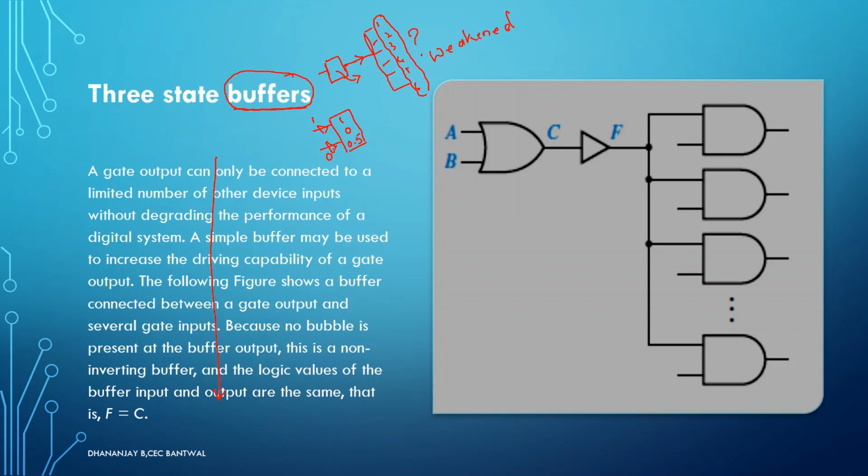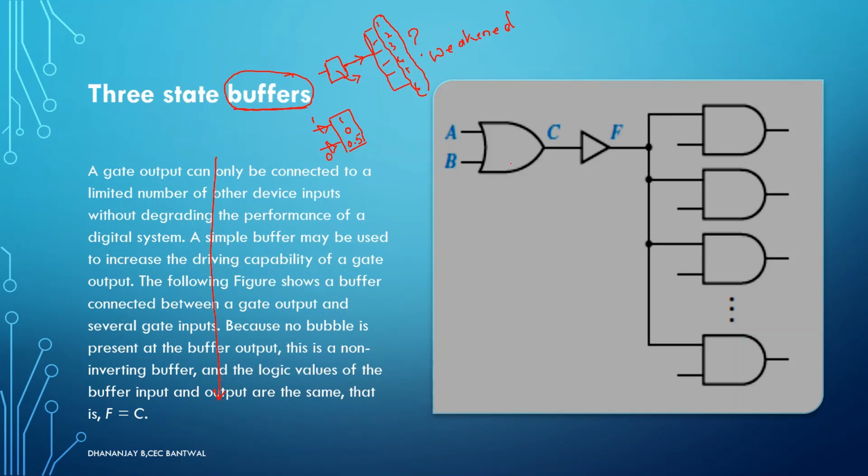Normally this scenario happens in almost all circuits. When there are multiple inputs coming to the circuit, normally those inputs will not be of the same level; they may be of different levels. Those different level voltages need to be brought up to a single common level, and that work is done by your tri-state buffer.